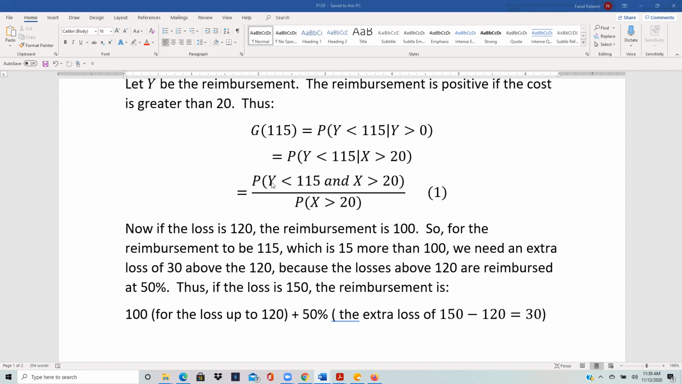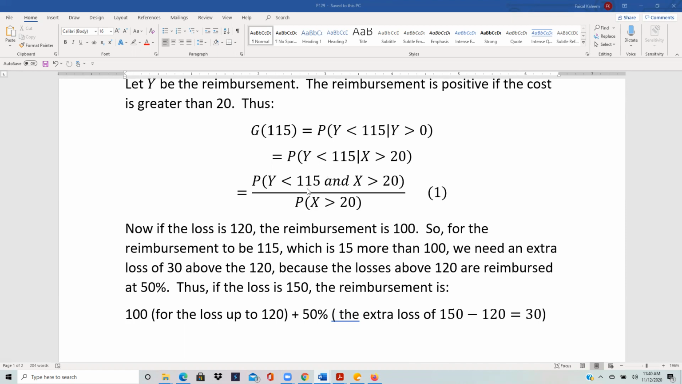Y is the reimbursement. So the question is, when is the reimbursement going to be 115? Now, we just saw by the example that if the cost is 120, then the reimbursement will be 100. So to have a reimbursement of 115, the cost needs to be greater than 120, because 120 only gives you 100. And we want to see when exactly we get 115. So after the 120,